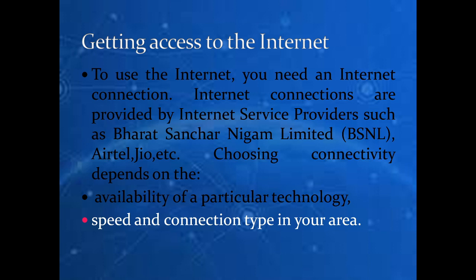So basically we choose some ISP based on some criteria. It is not like that we will randomly choose, okay, this one is available, let us take this one, this one is available, let us take this one. No, it is not like that. Before choosing the ISP, before choosing the internet connectivity, some criteria may be there. And what are those criteria? The first very obvious criteria is that internet service must be available in a particular technology, okay, or particular area.